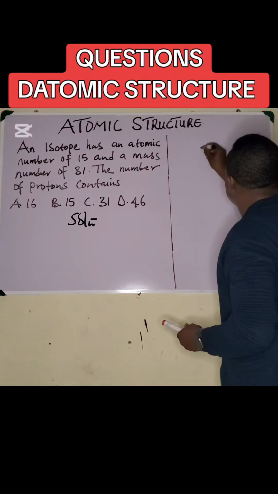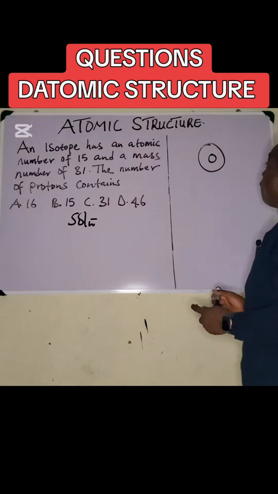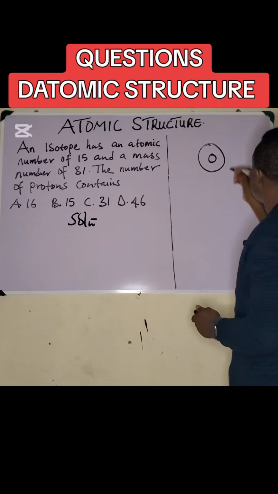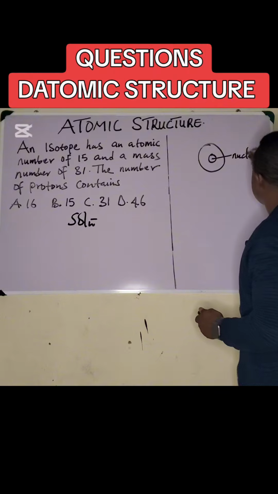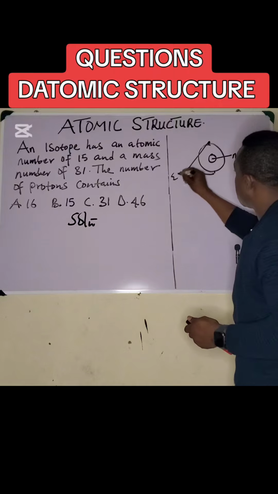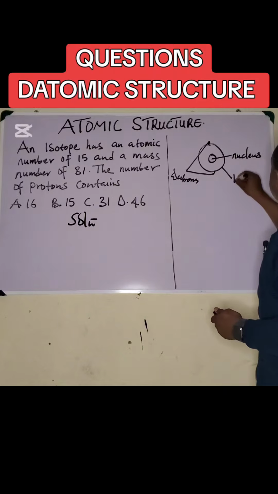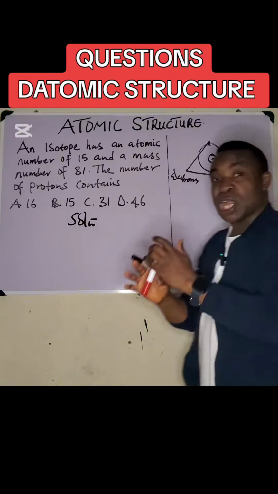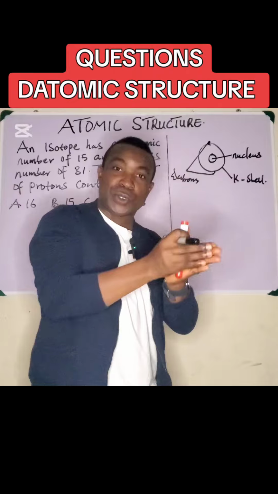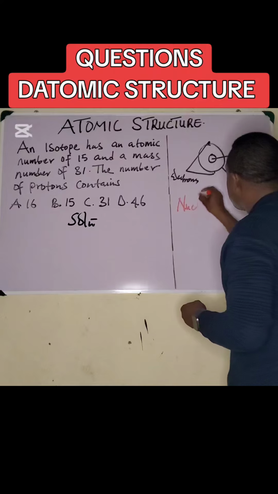If this represents the structure of an atom of an element, here is the nucleus, and we have here the electrons, and here is the K shell. Of course, we know that the K shell is very close to the nucleus. This nucleus here,